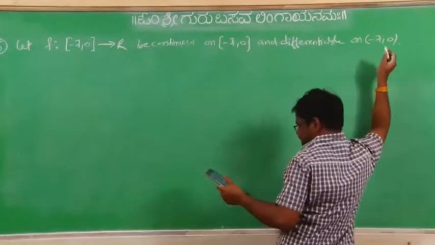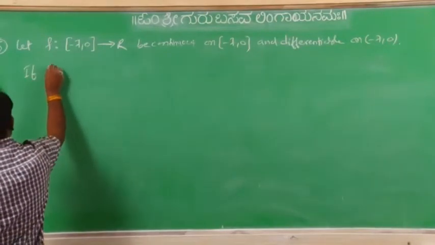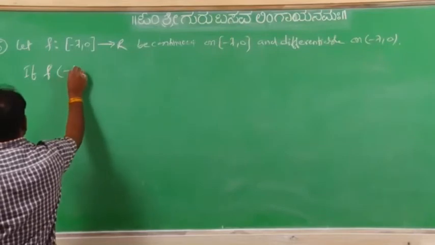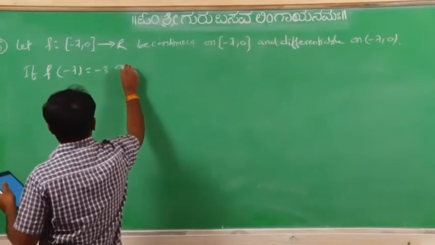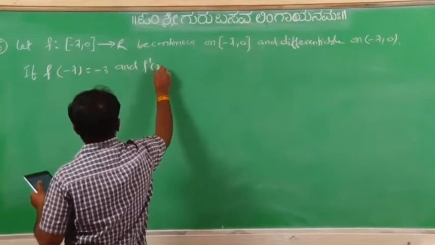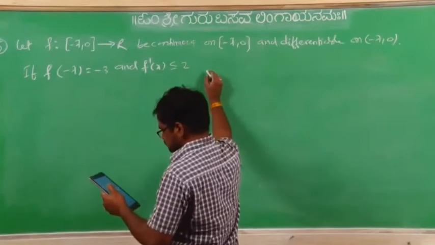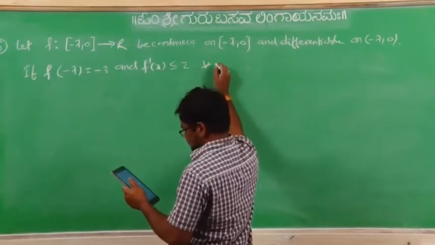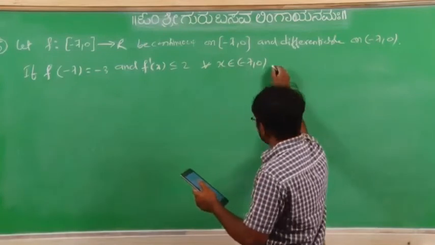If f(-7) = -3 and f'(x) is less than or equal to 2 for all x belonging to the open interval (-7, 0), then